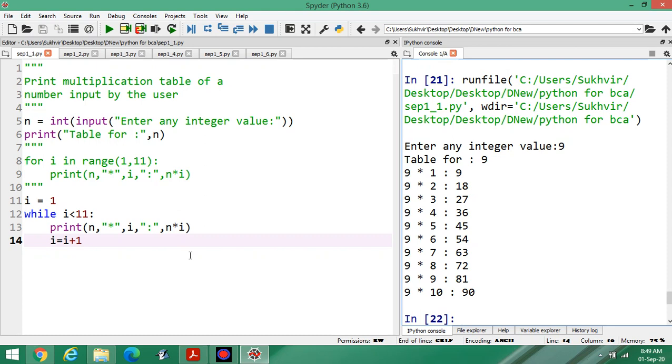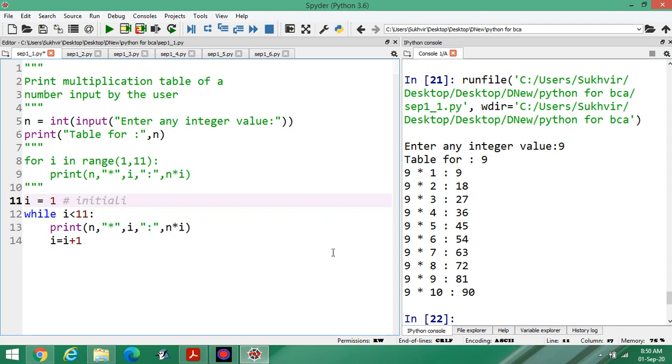One is for loop and second is while loop. In case of for loop, you can write all the contents in a single line. But in case of while loop, you have to initialize first, then test condition, and in the last stage the increment is there.